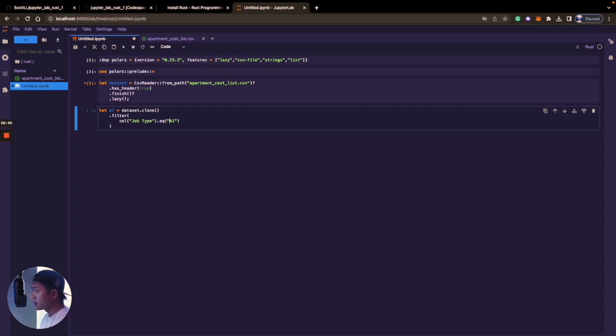Oh wait, I forgot to add it. For the equal, we also need to put a lit before that, and then close it. This will filter for all the A1 information, like all the job type with A1, yeah. So this will give us the dataset, and then we can do with column,